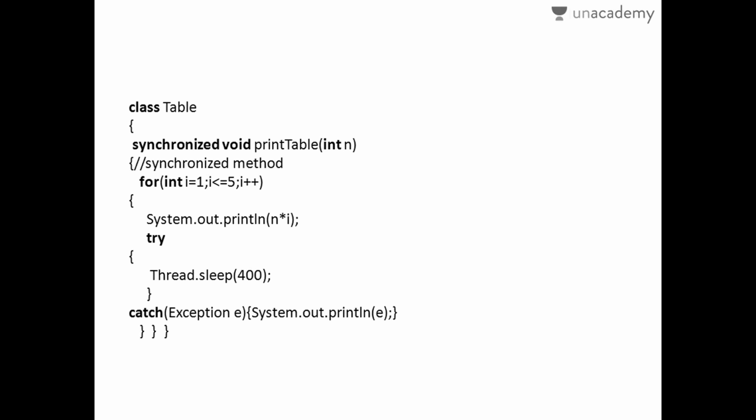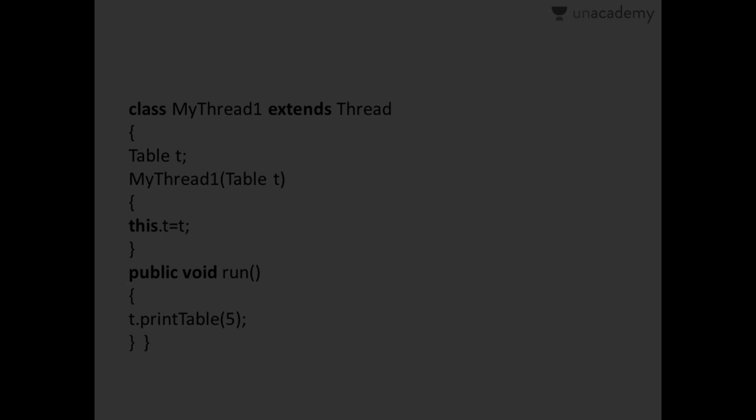If here you can all see that in the starting I have written synchronized void, this is done so that the final output would be first for the 5 table and the next for the 100 table. If I have not written synchronized void, then the final output would be 5, 100, 10, 200. Like that we would get the output. Yeah, that is synchronization. If we have not done that, we would get that output.